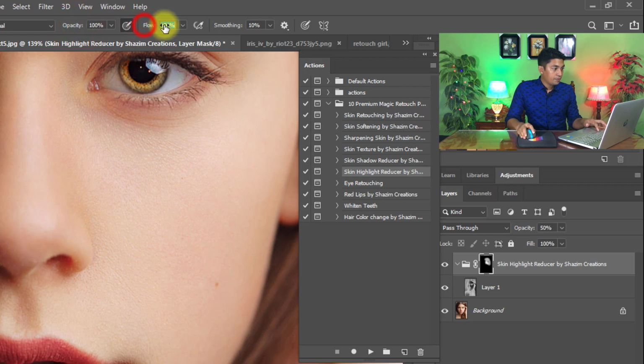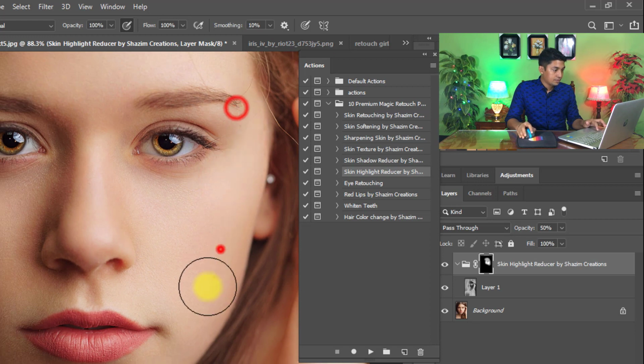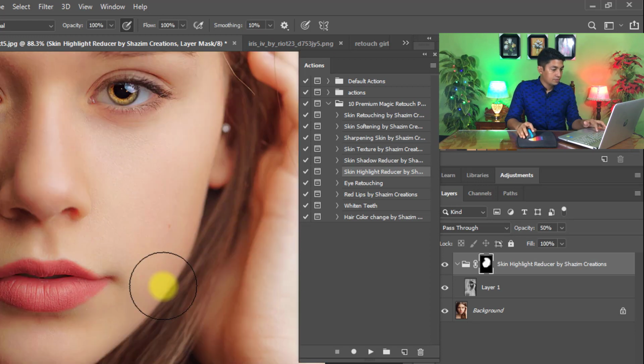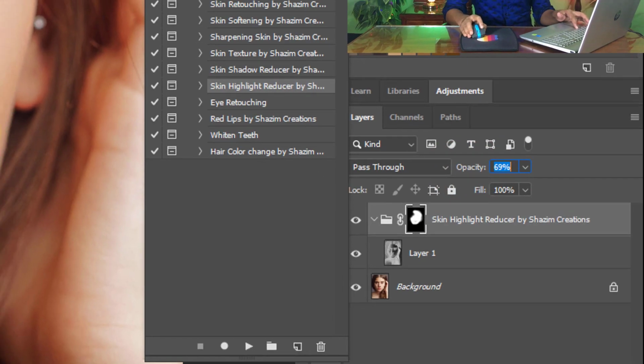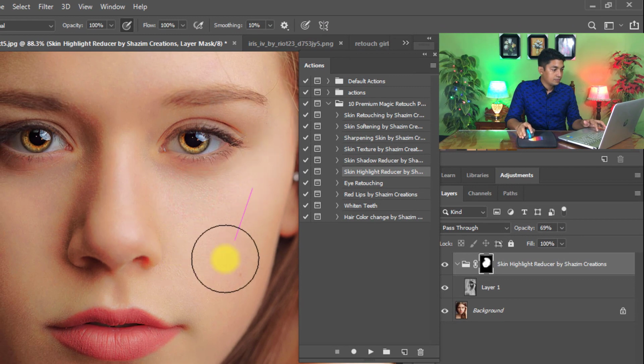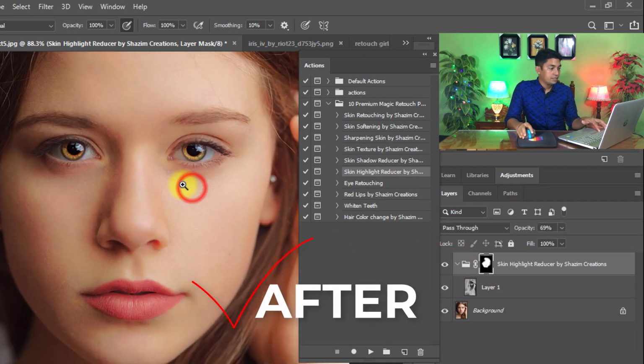Opacity and flow 100%, and here you can see the opacity at 50%. Increase the opacity and see the output of the image. That is the before image and that is the after image.